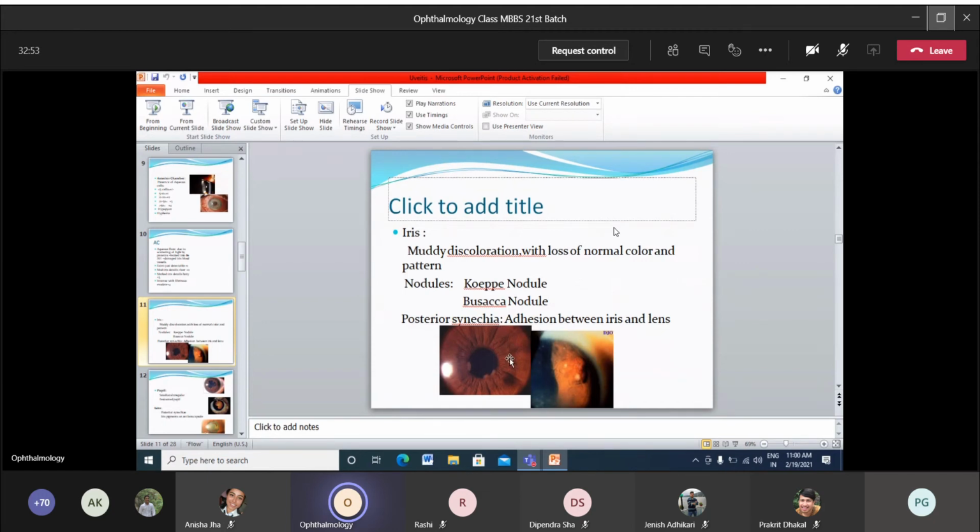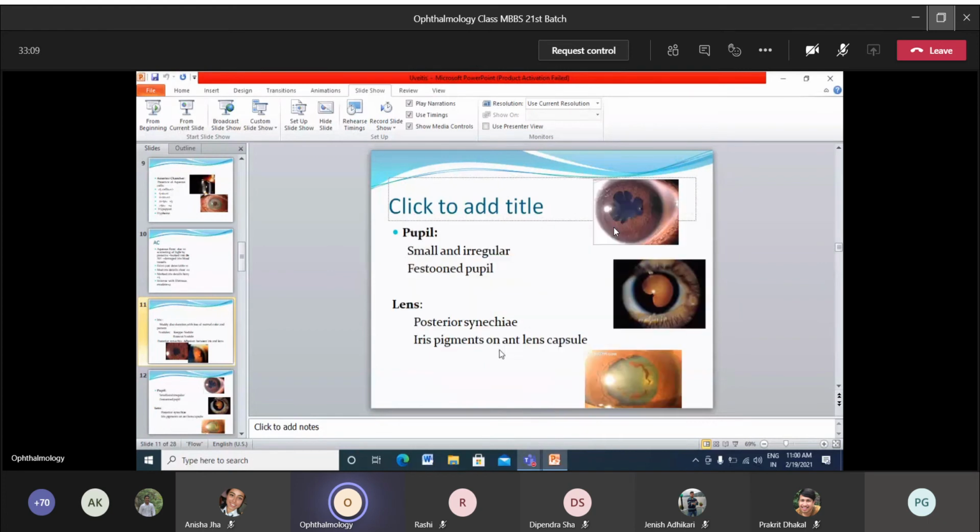adhesion between the iris and the lens. Okay, so iris, loss of normal color and pattern, muddy discoloration, then you have the Koeppe nodules, Busacca's nodules, and posterior synechiae, which is adhesion between the iris and the lens. Okay, and in the pupil usually it is a small and miotic pupil. Okay, small and irregular miotic pupil, but however after getting medication, especially mydriatics like tropicamide, atropine, the pupil will become